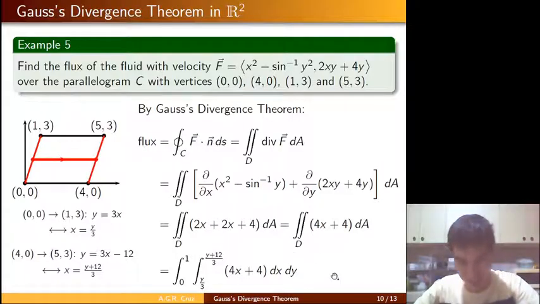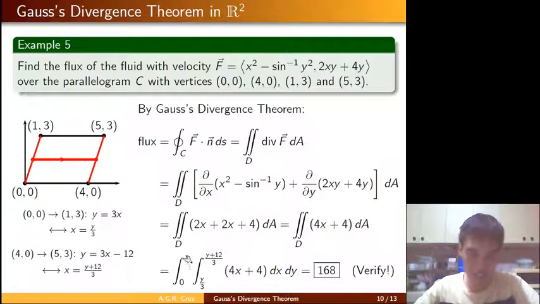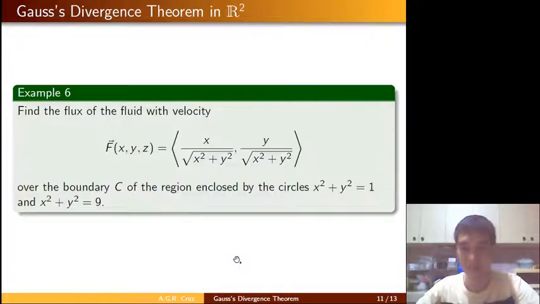And then I won't again evaluate this integral any further. This should be equal to 168. So again, just take note of this error. 3 dapat to, okay? Okay, for our last example for the day, let's determine the flux of the fluid with